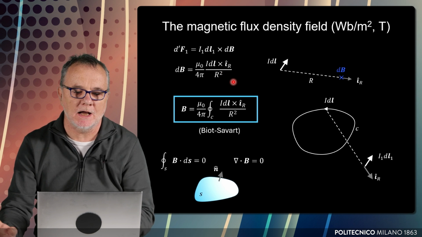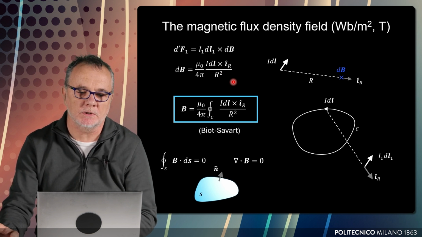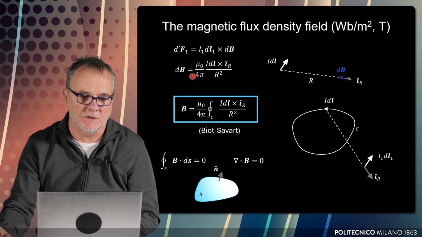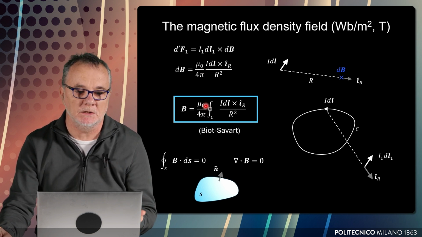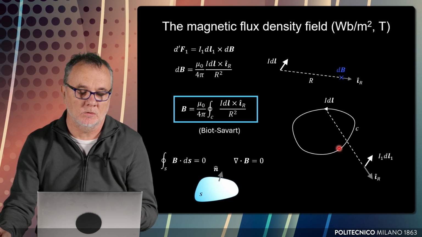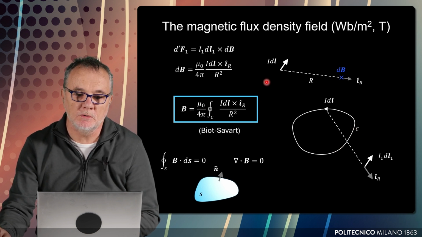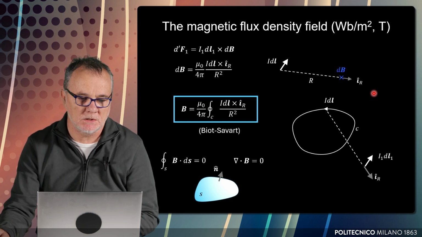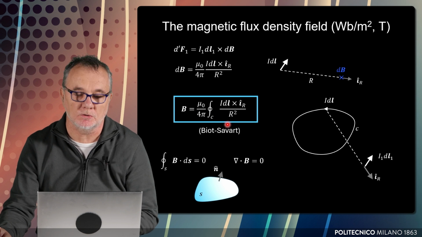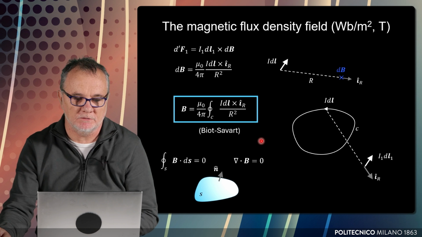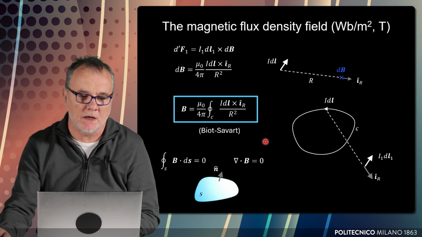So let's say that we have IDL in space, and this produces a field, magnetic flux density, in space, and from the knowledge of this field, whose expression is this one, by integration we can obtain the total B field in space due to the whole of the loop on which the current I flows. From the knowledge of this field, we can compute the force acting on another wire that is present in space. Now, this B field, whose expression is, I repeat, experimental, has a name. This law is the Biot-Savart law, which gives the B field produced by a wire.